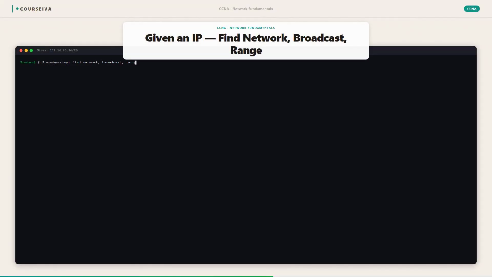You've got the IP address 172.16.45.14 with a /20 subnet mask. Let's untangle this. A /20 mask is the same as 255.255.240.0, which means the third octet is where the action happens. Picture block size like slices of a pizza. Here, you're looking at 256 minus 240, giving you a slice of 16. Start at 0 and count up in 16s. 0, 16, 32, 48. Since 45 is nestled between 32 and 48, your network address is